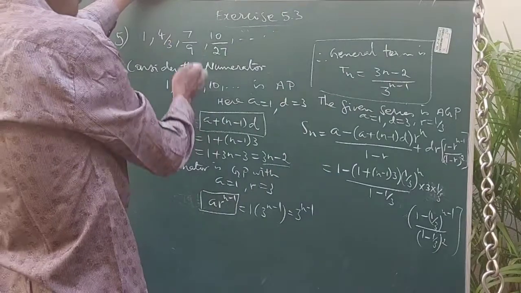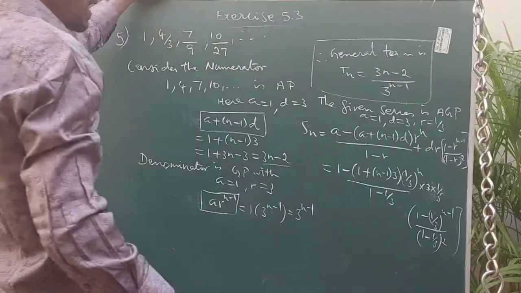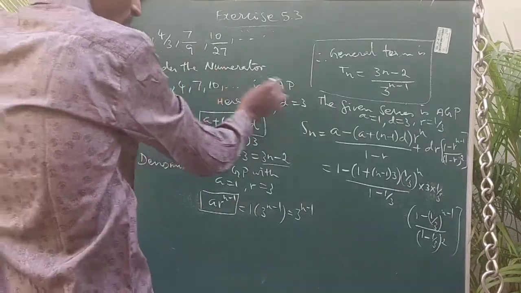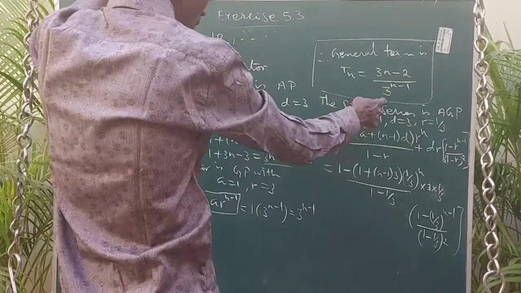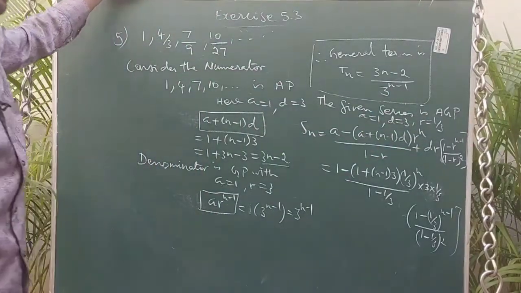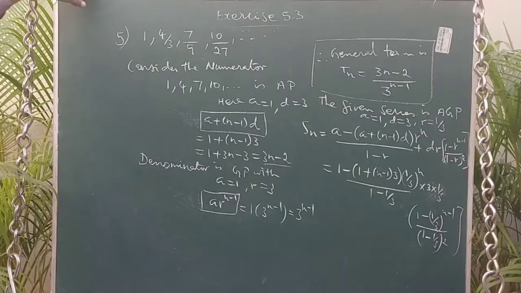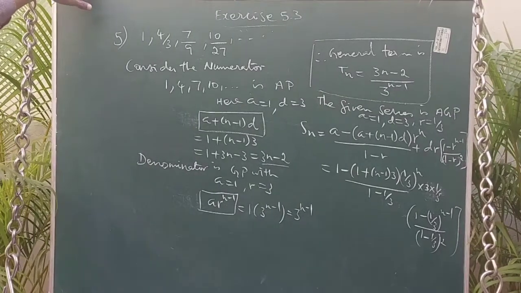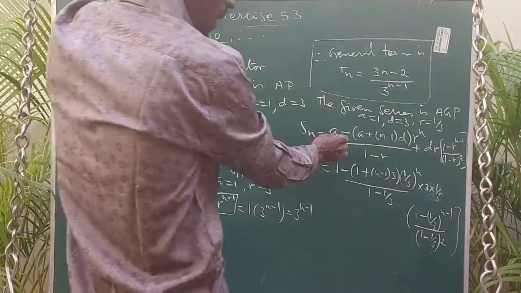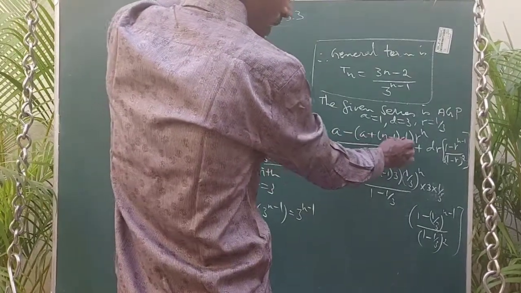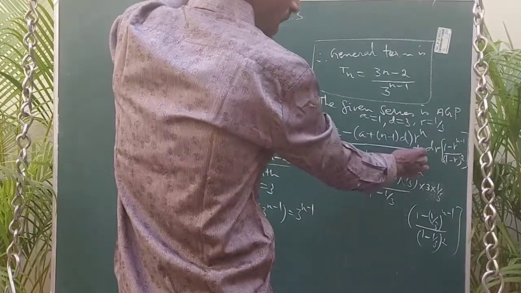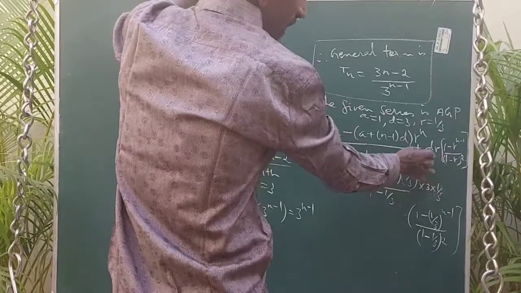So now, if we look at the series combined, it is an AGP, arithmetico-geometric progression. With A equal to 1 and D equal to 3, it comes to the denominator, that's why R is 1 by 3. The sum of the first n terms of an arithmetico-geometric progression, the formula is given in your book, page number 218. That is a over 1 minus r, plus a plus n minus 1 into d into r power n by 1 minus r, plus d into r. It is not derivative dr.